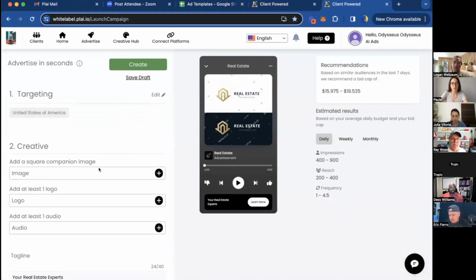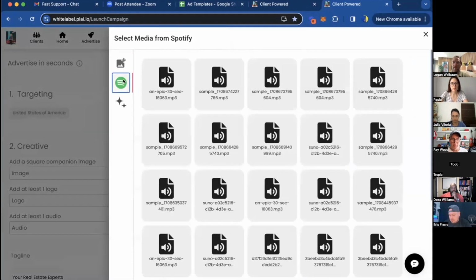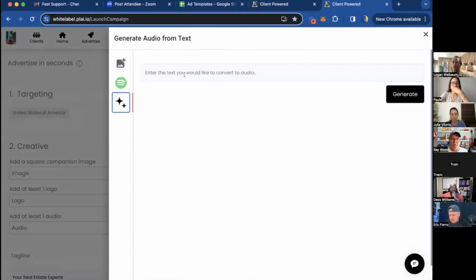But for Spotify, it's basically an image right here. And this is some of our audio files that are already in Spotify, but you can just use our AI voice generator and generate an audio ad in seconds, because it is really audio based on Spotify.